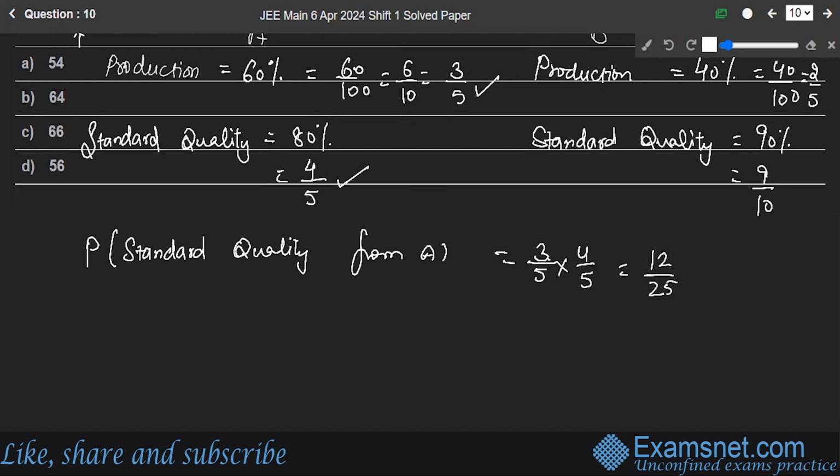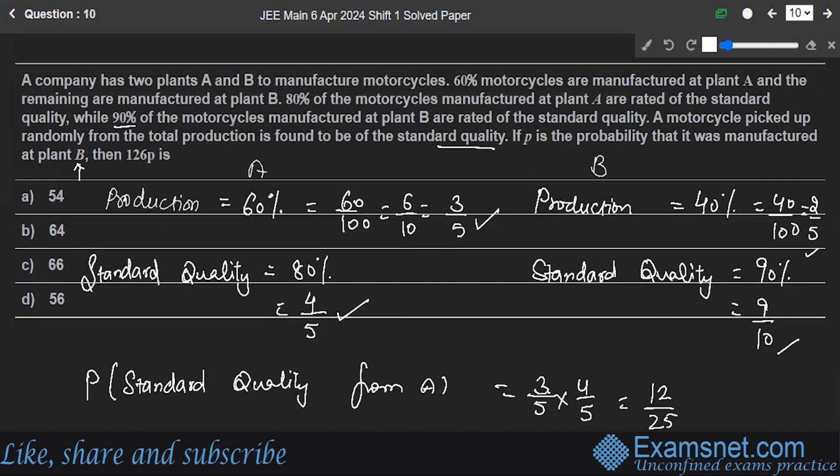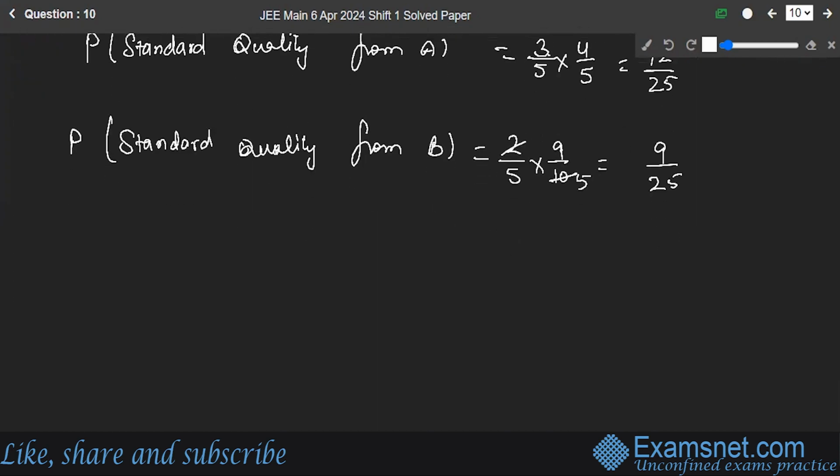12 by 25. Now, second probability that the standard quality bike is from B company. This will be 2 by 5 into 9 by 10. So this gives me 9 by 25, right? Now, what is in the question? Standard bike, manufacturing unit B. So probability required,